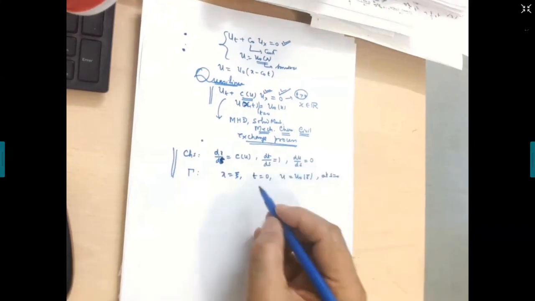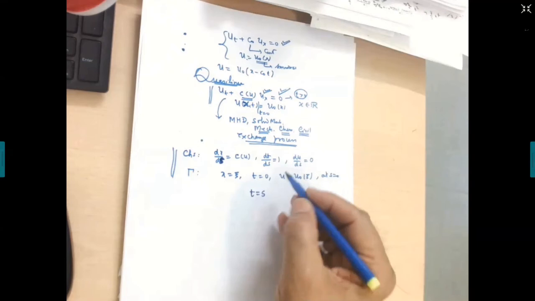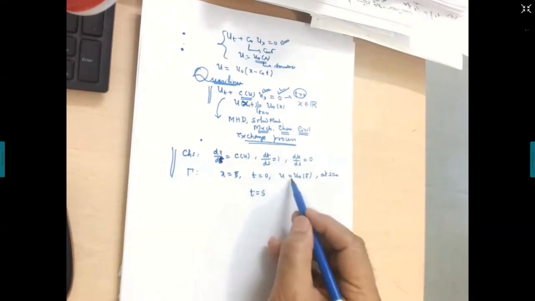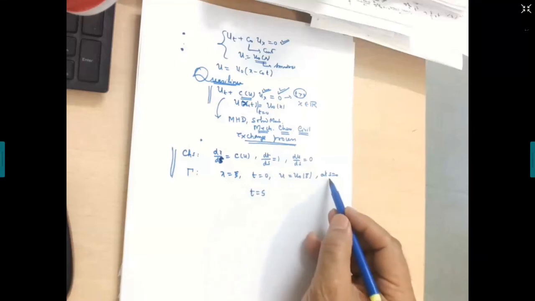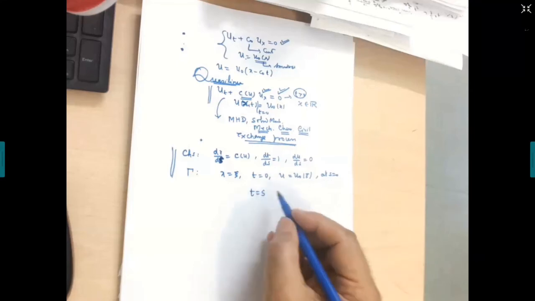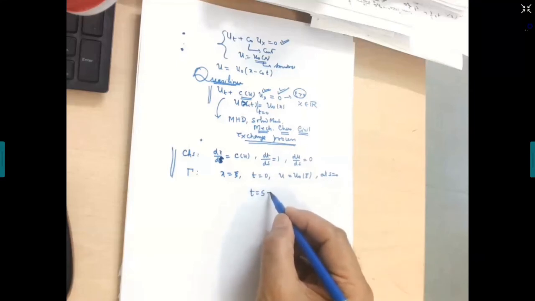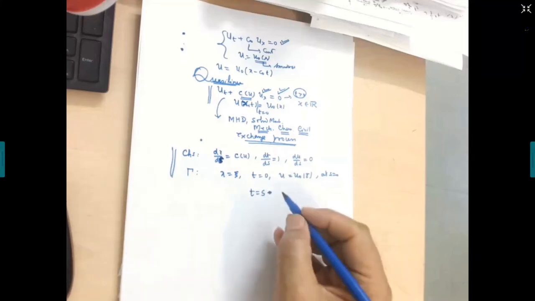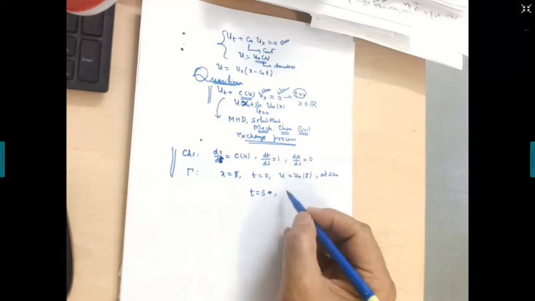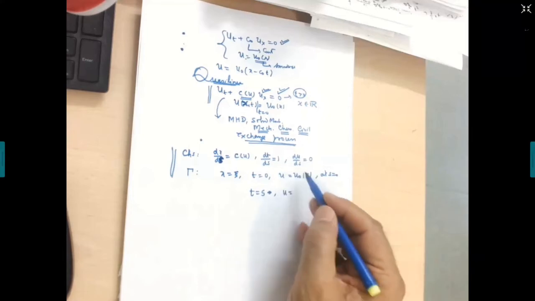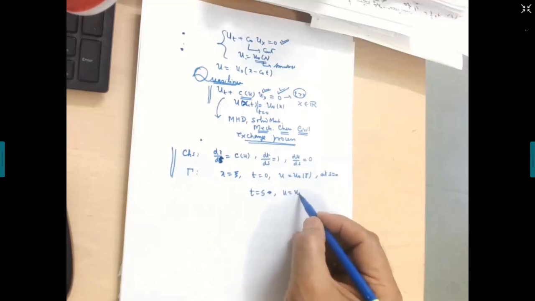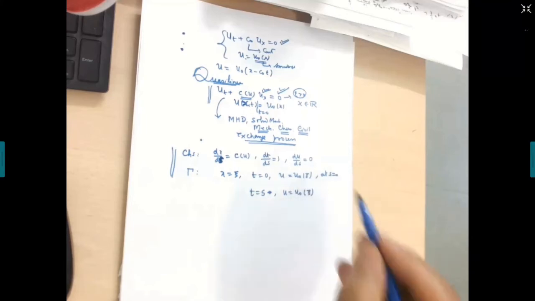It's very clear from here that t is equal to s plus some constant. That constant can be obtained using the condition that at s equal to 0, t equal to 0, and therefore it should be 0. So t is equal to s, that's all. Similarly here, du/ds is equal to 0 means u is equal to some constant.